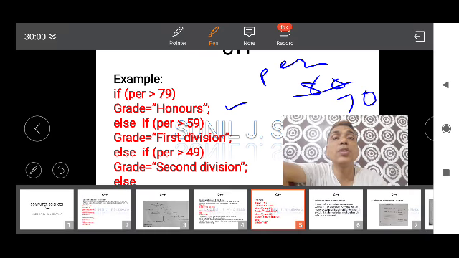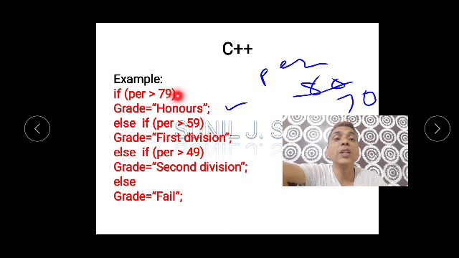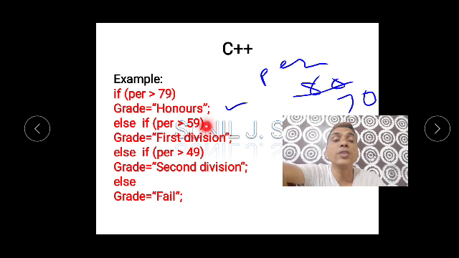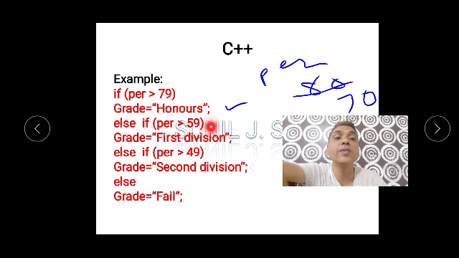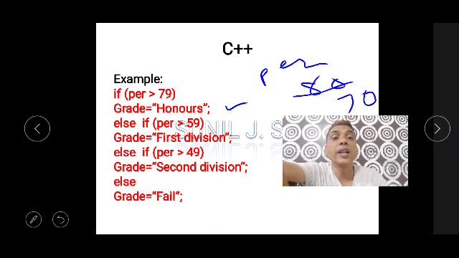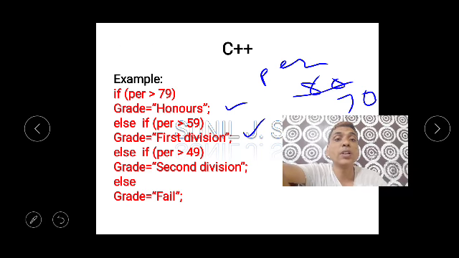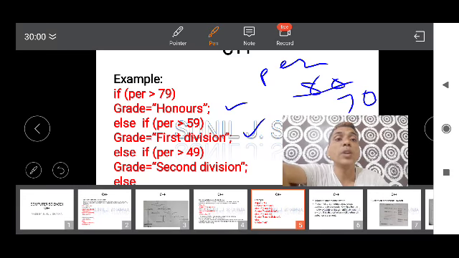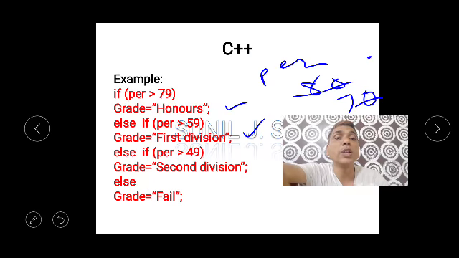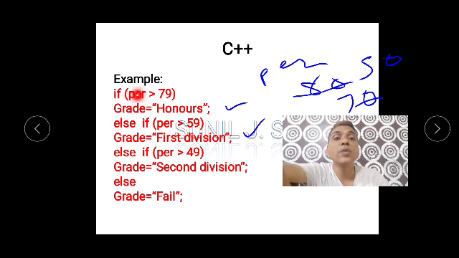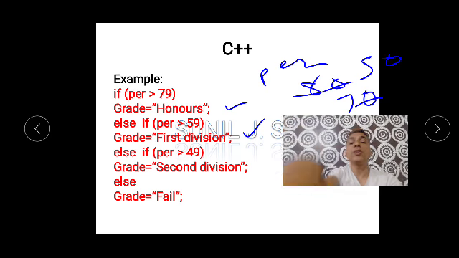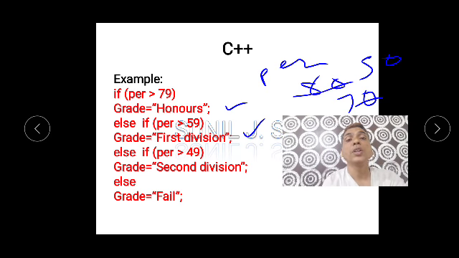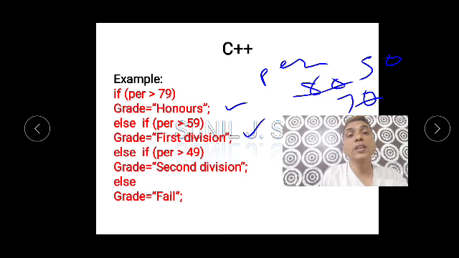It will check this condition. 70 is greater than 79, not possible, so honors will not come. Then it will check this condition: percentage greater than 59. 70 is greater than 59, yes. So in this case, the second statement will get executed. But suppose we take the value as 50, so what will happen? It will check the first condition, which is not satisfied. Then it will check the second condition, because 50 is greater than 59,